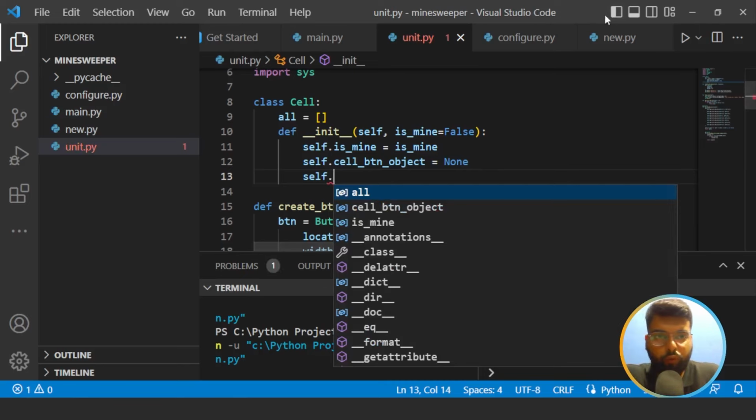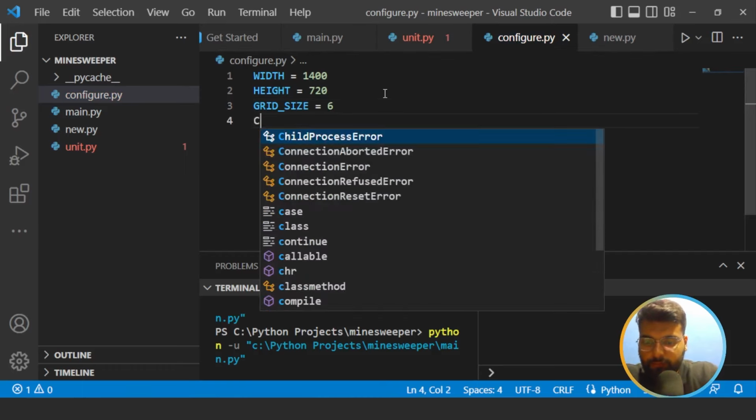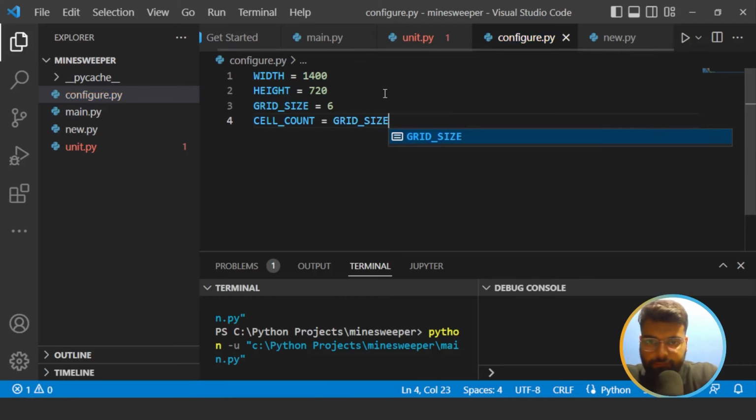Before that we should define the grid size. That is how many boxes there should be on the board. We are using a square only, so we'll make the grid size as 6, and we'll also define cell count, and that would be equal to grid underscore size to the power 2,